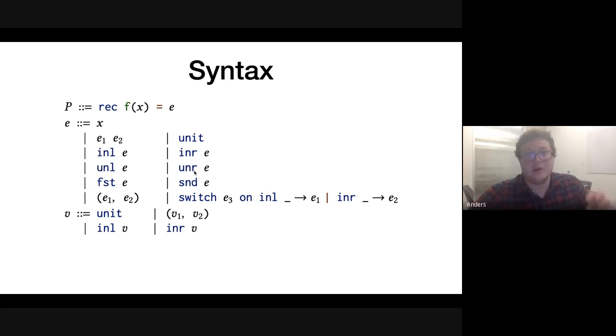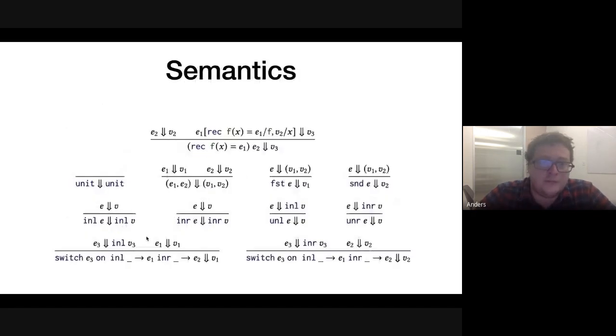Unright of in-right of E returns E, and unright of in-left of E just gets stuck. We also have switches so that you do have control flow. And our values are units, pairs, and then sums.